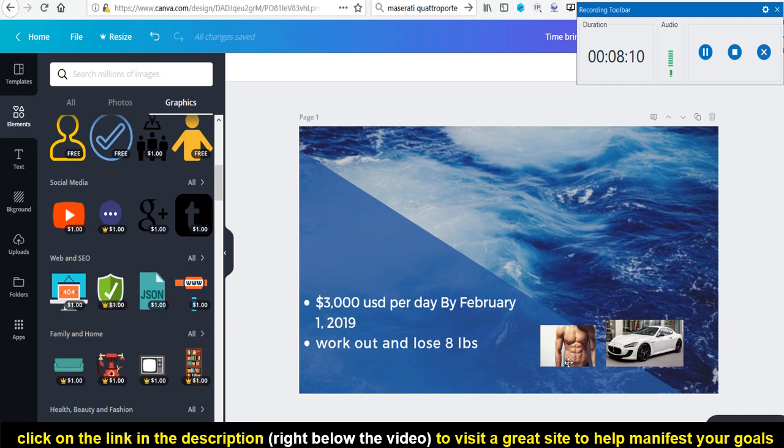And if I want to have a certain car, if I want to look a certain way, or if I want to have a certain house, then I'll put those images in there just for more visualization. But for me personally, I like to write down goals more than the visual part. But it does help. It makes it a little more aesthetically pleasing as well if you have images to look at instead of just hard text. But whatever you want, it's your vision board. So you can do whatever you want.